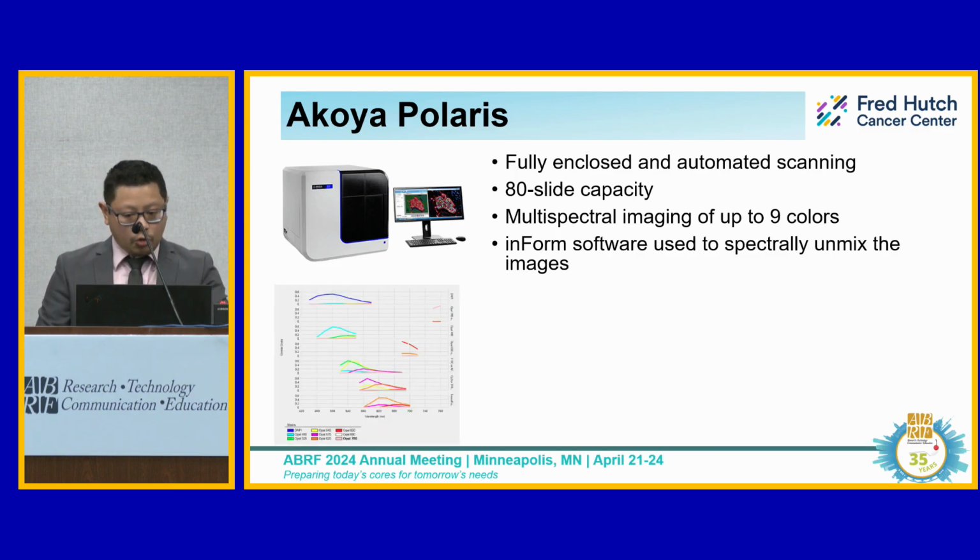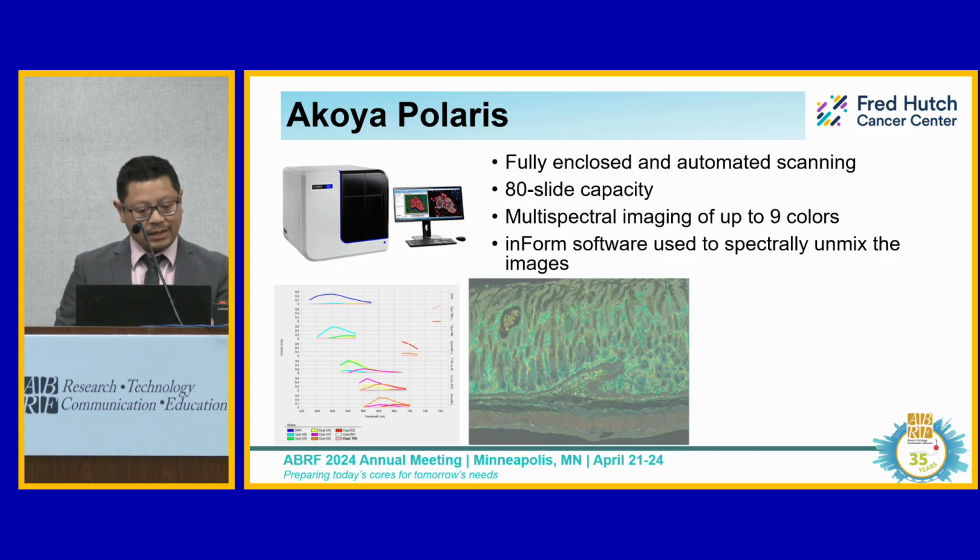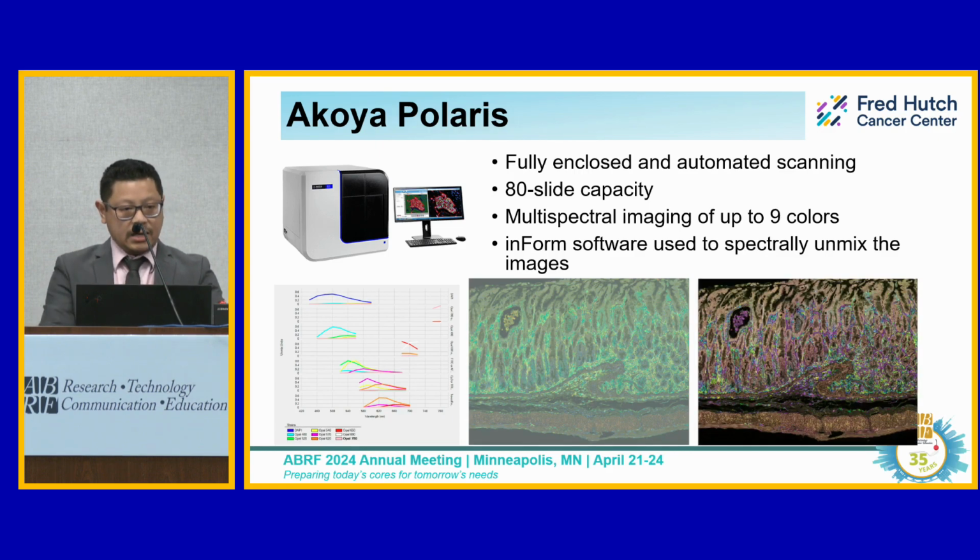So we input our fluor library, where it shows how much expression is in each channel. And we'll take a raw image that looks like this. And with those inputs, we'll unmix it, and it will give us more unmixed images where the co-localization